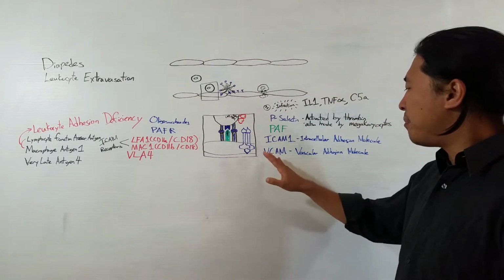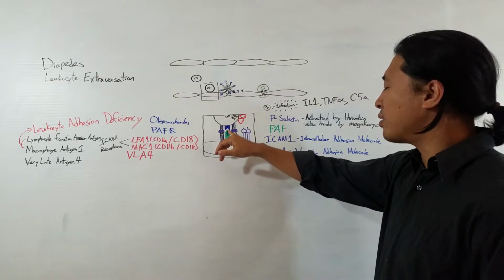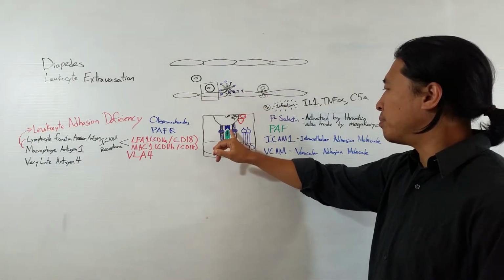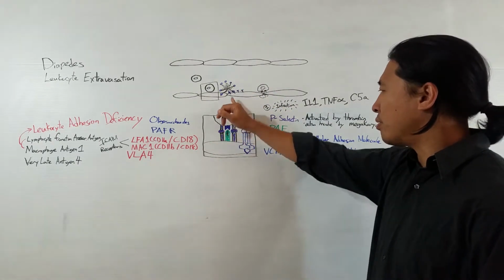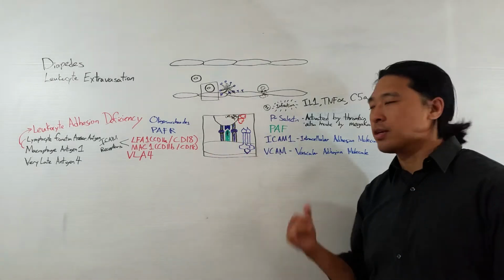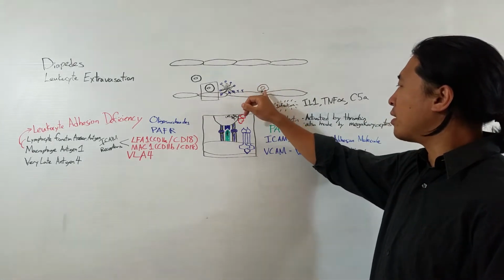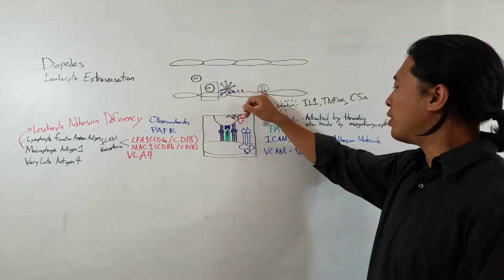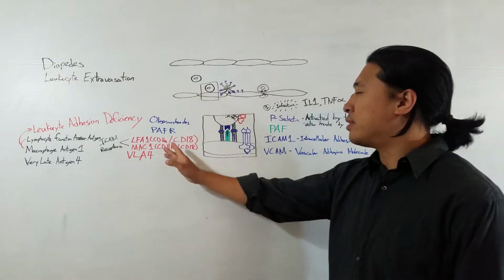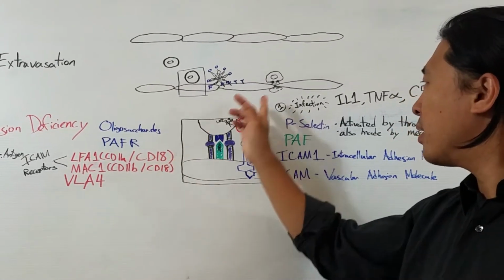After this happens, these molecules over here are just transitory bonds. These are just to roll across. These green ones and the blue ones are activating. I don't really have that marked up here, but these red ones and blue ones here are actual true adhesion. They're going to get stuck there. You see these two over here? This leukocyte has kind of planted itself here with these two legs that are stretching down. Those two legs are actually made of these CD14 and CD11 and 18 combinations, either LFA or MAC,